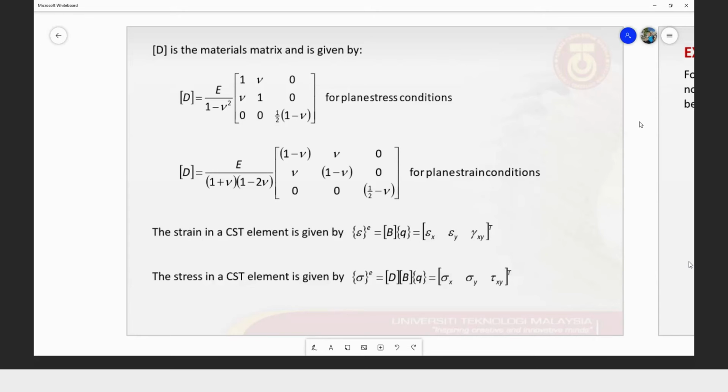So I would like to remind you again, usually in the test we will explicitly mention that the structure you are going to solve is subjected to plane stress conditions or plane strain conditions. Maybe we tell it, but most of the time,